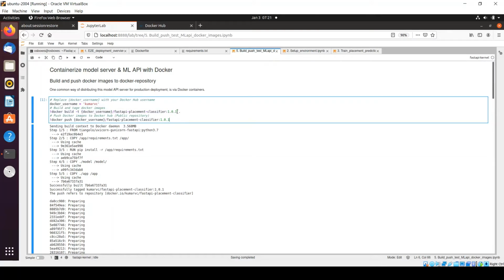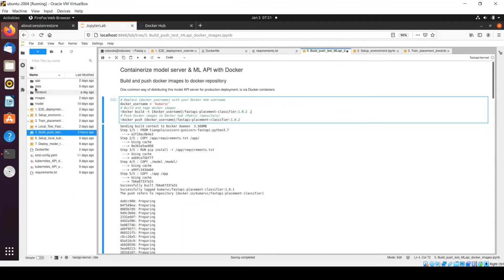Here I will simply change the version name to 1.0.2, and at last it's giving a dot. Dot means it will take the Dockerfile from my current working directory, and the current working directory for me is this one.